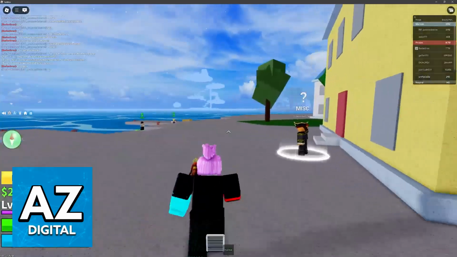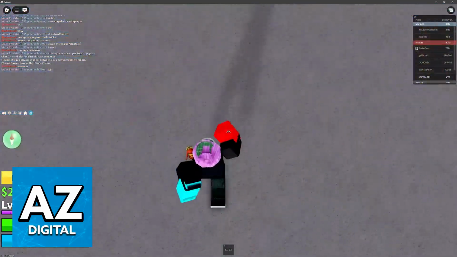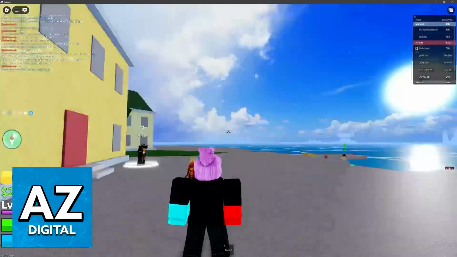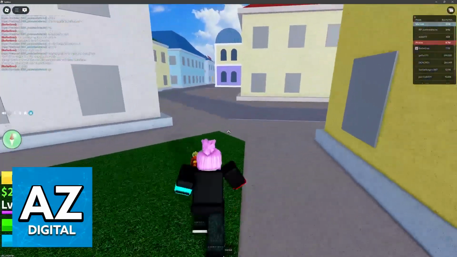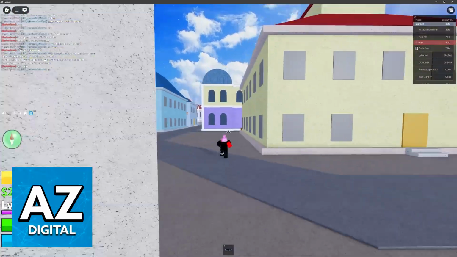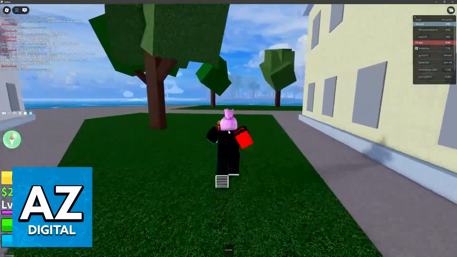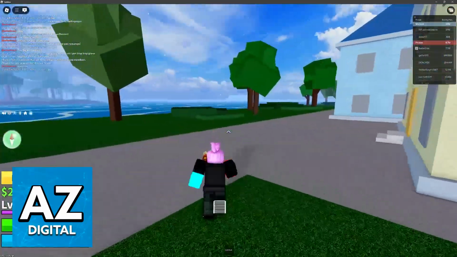You can press shift to have the angle of the camera locked behind your character's back, so as you can see, if I move to the sides, my character will also look towards that direction. So essentially it is an over-the-shoulder view. You can still zoom in and out even if you are on this mode by pressing shift. This is called shift lock.